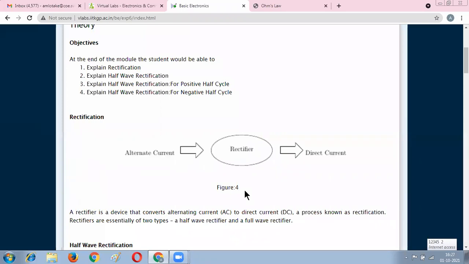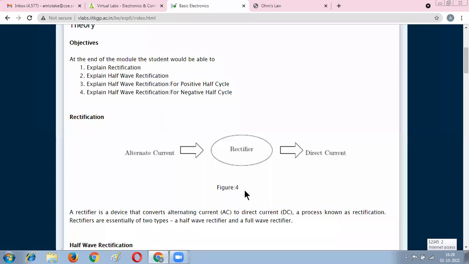There are two types of rectification: half wave rectifier and full wave rectifier, which includes the full wave bridge rectifier and the full wave center tap rectifier, that we have seen in the theory part also. What is rectification? It is the conversion of alternating current into direct current. It is a pulsating output. It consists of AC plus DC component. It will not be pure DC. So the output of a rectifier will be pulsating, AC plus DC component.